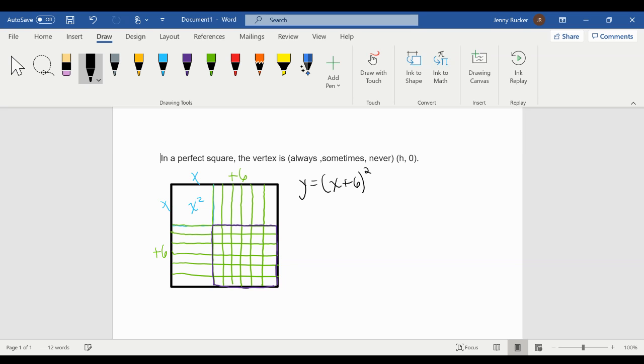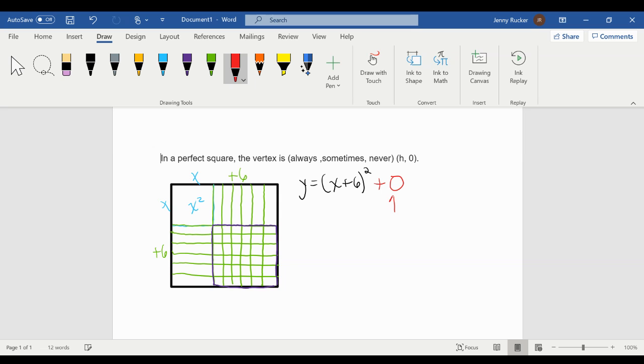Now that 6 was kind of arbitrary. It's just what we felt like we could fit in this particular square. But as I make the square bigger, that number could be bigger, or as I make the square smaller, it could be smaller. It could also be negative if my x bars were a negative x instead of a positive x. Regardless of the amount that I'm adding or subtracting, I have to do it on the same side. So my equation in vertex form will always have this form, and it'll always have to be plus